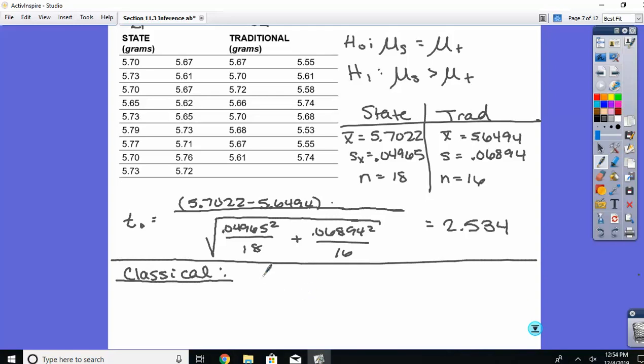When we look at this, we need to know how many degrees of freedom are we using in this problem? 15, because this one was 18, this is 16, so 16 minus 1 is 15. What was my alpha level that I wanted you to test? Okay, so the classical approach says we have to find our t value to match the degrees of freedom and the alpha. So at 15 degrees of freedom and 0.05 for my alpha, we get the t to be,